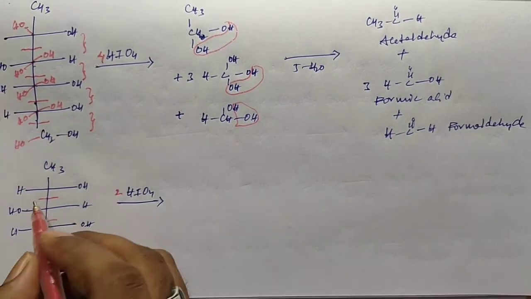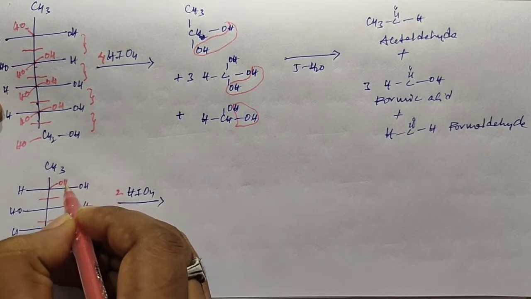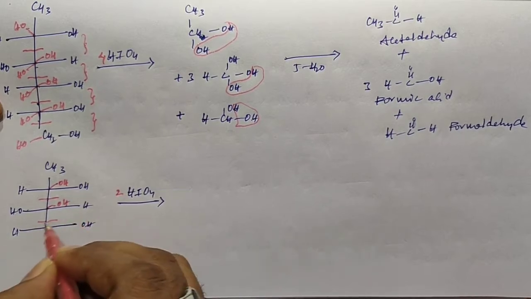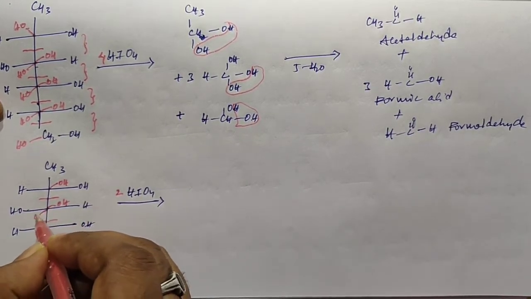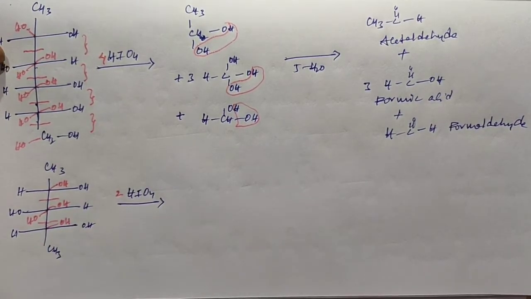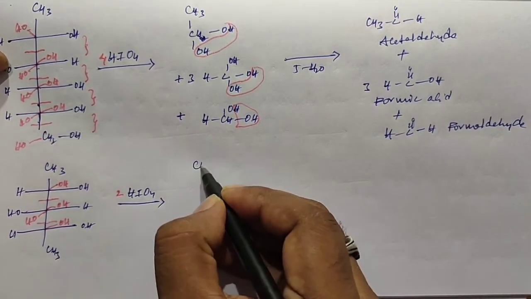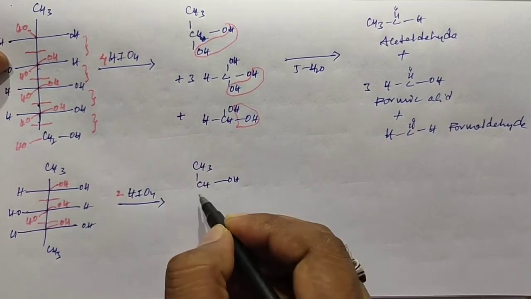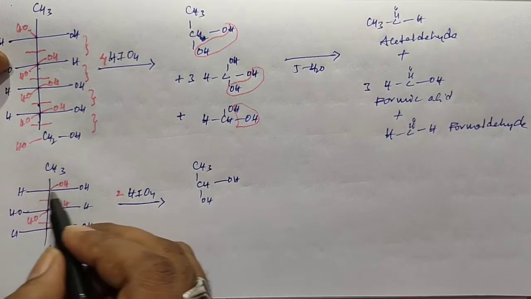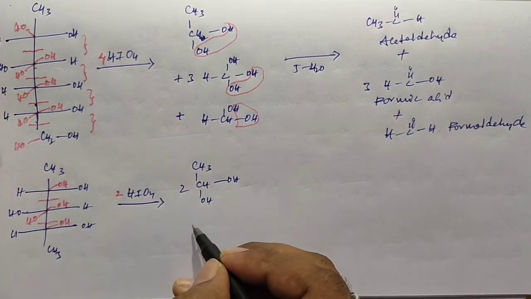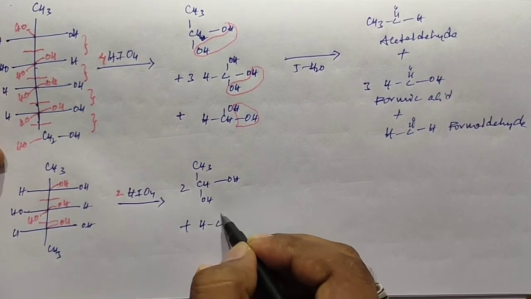By breaking this bond, this carbon loses one OH, one valency, that is satisfied by one hydroxyl group. So here another hydroxyl group. By breaking this bond, here we need to add another OH group, and here one OH group. So this is the way of breakdown and adding OH groups. After adding our OH group, we get compounds like this: CH3CH, OH and OH. So we have two similar parts. This is the first part and this is the second part. So we get 2 moles of this compound, and in the middle we get a compound like this.